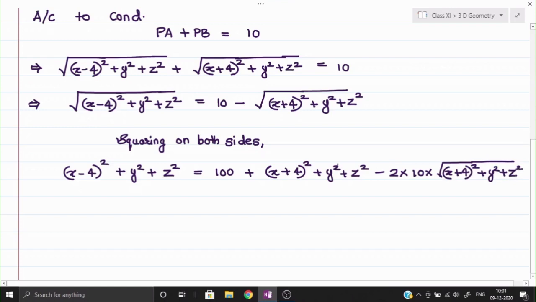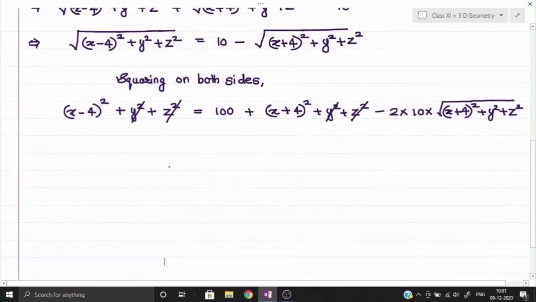One thing we can do here: y square and z square, we can cancel. Now we shall open (x minus 4) the whole square and (x plus 4) the whole square. So (x minus 4) the whole square I am going to open. That will be x square plus 16 minus 8x is equal to 100 plus (x plus 4) the whole square. So x square plus 16 plus 8x, okay, minus